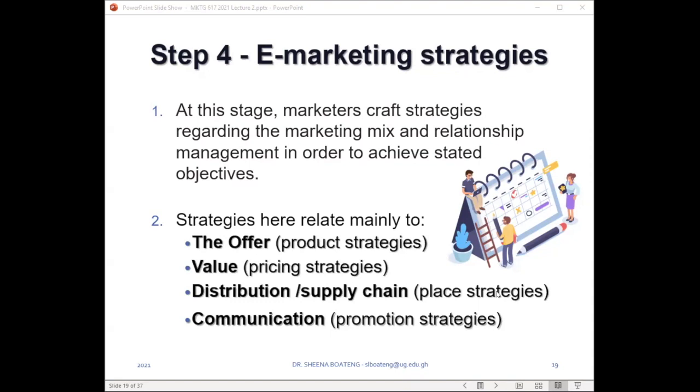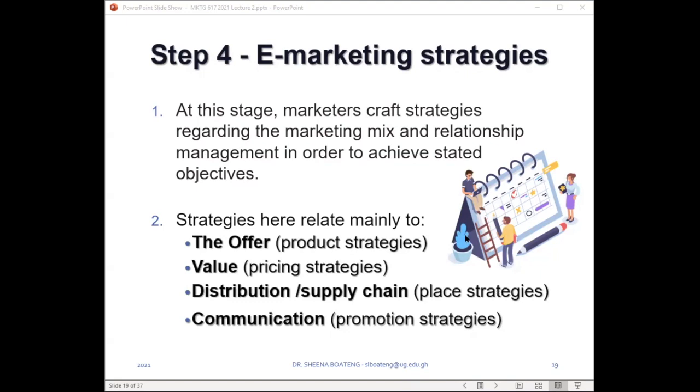Because as marketers, we all know that it costs more to go after and recruit a new customer than to retain an existing one. So we always want to do our best to make sure that we are on good terms with our current customers so that we can benefit from their loyalty in the long term. The concept that surrounds it is what we refer to as customer lifetime value, because you will earn more from a customer over the lifetime that they spend with us than from the one-off or two-time sales transactions that we engage in with them.